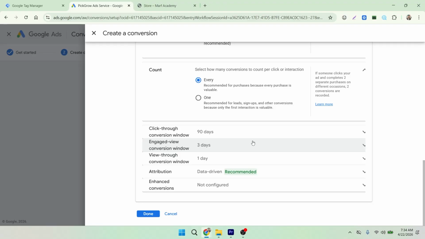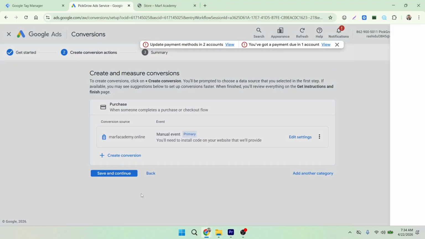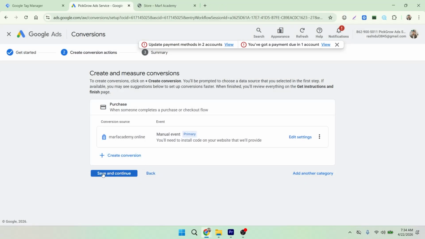and here I don't change anything because click through conversion window is 90 days, engage view conversion window 3 days, view through conversion window 1 day, attribution data driven, that is recommended, and enhance conversion we will show it in another video. So done. If we go save and continue,